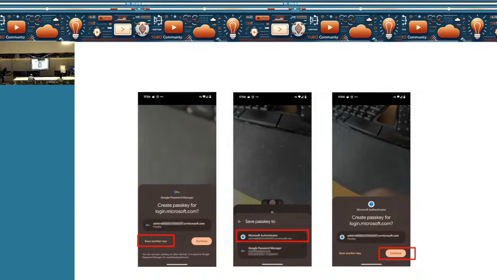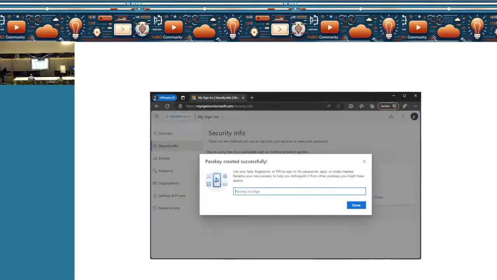So here it's going to register. Then it's going to ask where I need to save the passkey. This is something which you will choose to be the authenticator. Once you are done with that, then it's done. Basically, you have saved your passkey and you are able to log in. So this is another way of registering. In the first instance, you used your mobile device. Now you use Microsoft aka.ms/mfasetup or security info for doing the passkey registration.